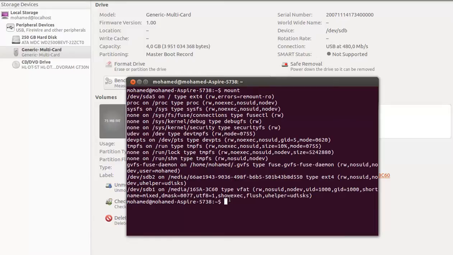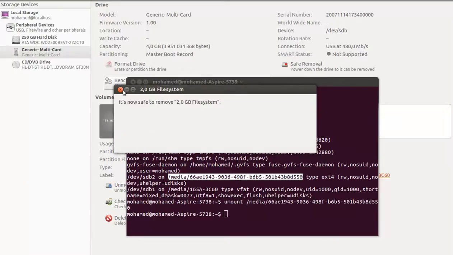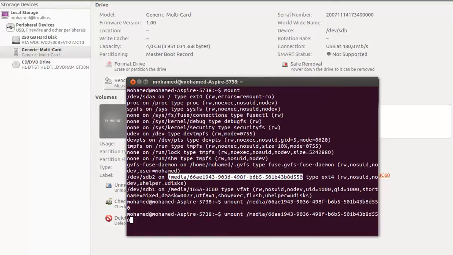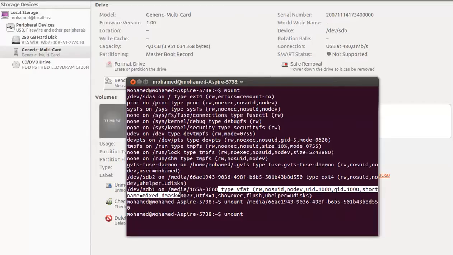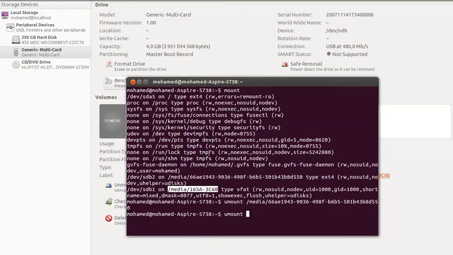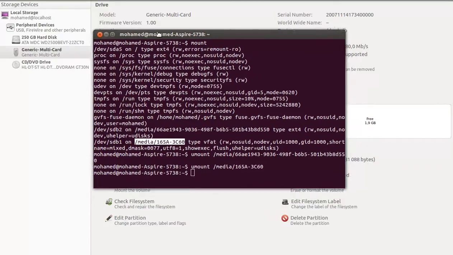So we are going to run the command umount for the first partition, and we are also going to umount the second media. Now, after unmounting the media from the computer,